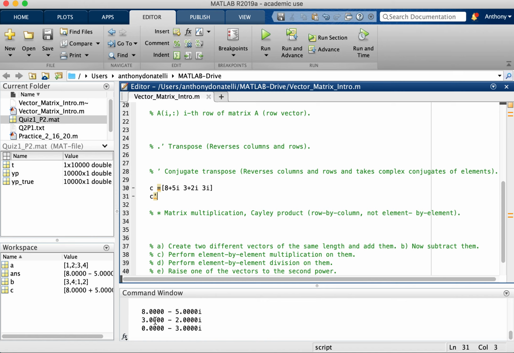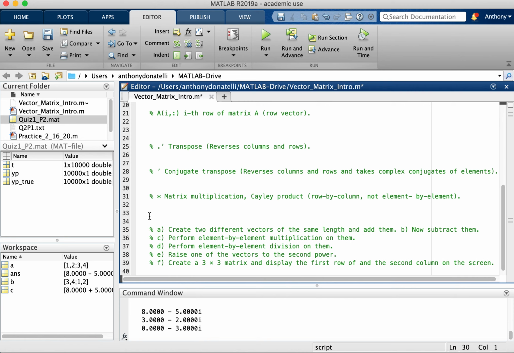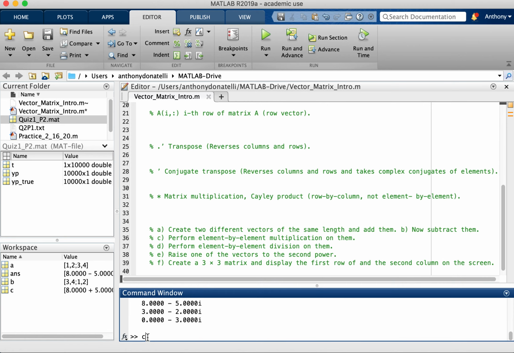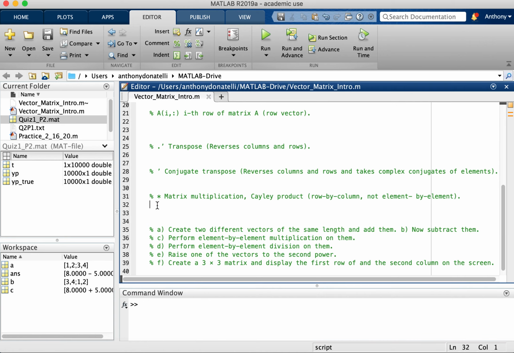And so in doing so, we have not just the transpose, but we also have the complex conjugate of our elements, being 8 plus 5i, 3 plus 2i, and 3i. So we can see one row now turns into one column, and that is how you take the conjugate transpose. And so now, before when I was referring to the difference between dot multiply and multiply, the difference being